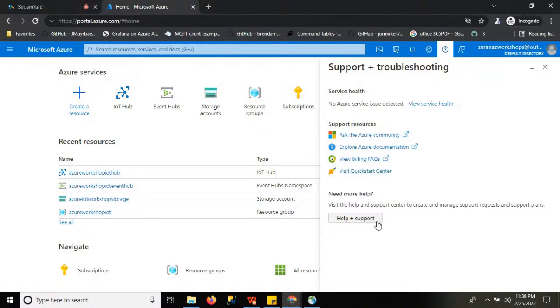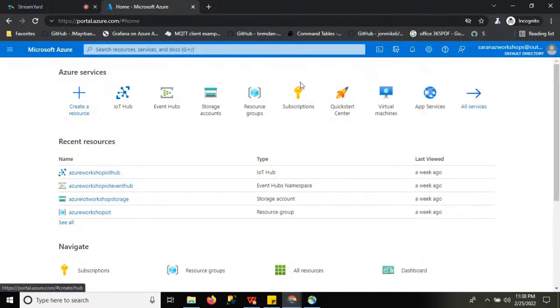Apart from this, we have 24 by 7 support, and Microsoft officials will be available to clarify your needs based upon raising tickets to them. Okay, and this is a basic overall view of your